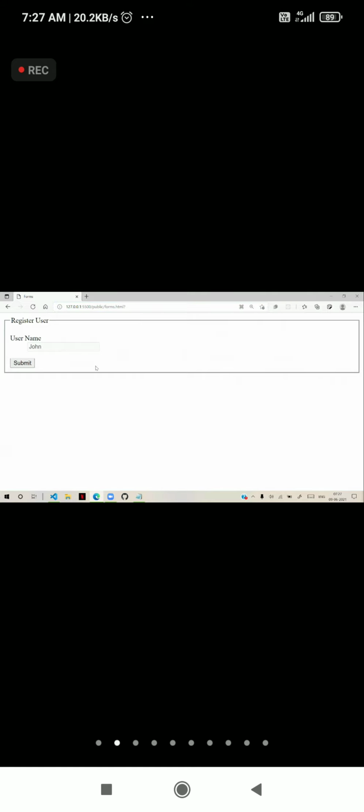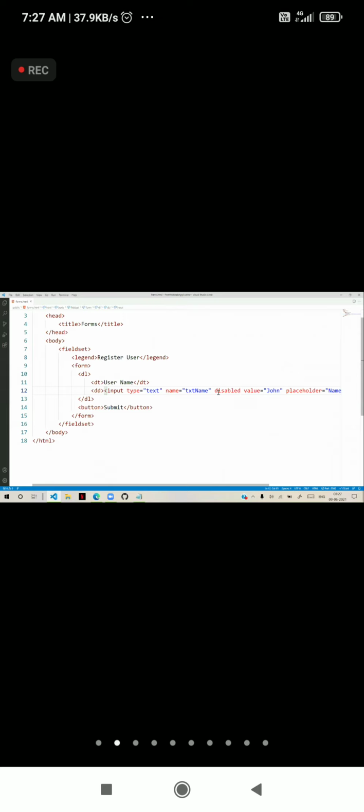Disabled elements' values are not submitted. So that is the problem. But we use disabled many times because sometimes, according to the situation, some fields we should not allow to submit, only for some situations, and for another situation we want to submit.